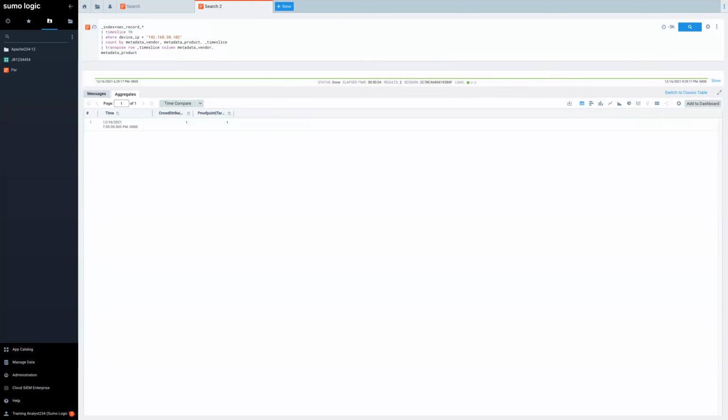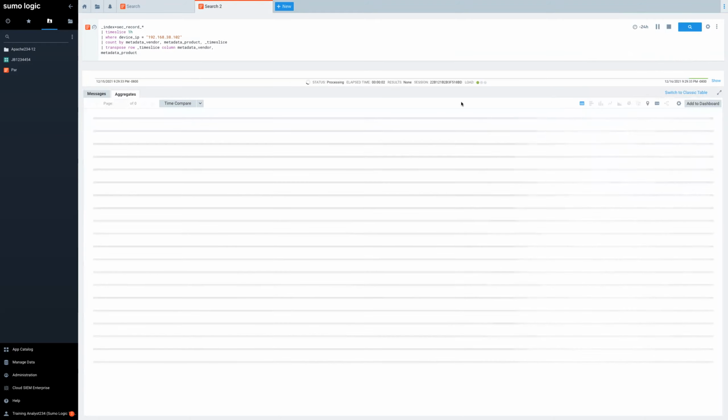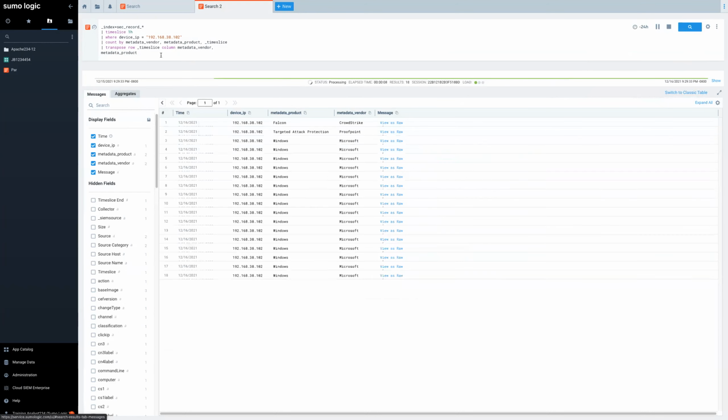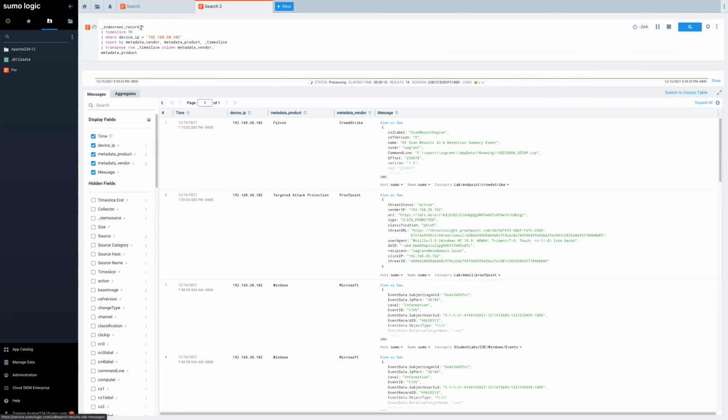So what I did here is a search. Actually, we tell you to do the last 24 hours. And what we want you to do is look at the messages. Why we're doing this is to produce some information related to this IP address.